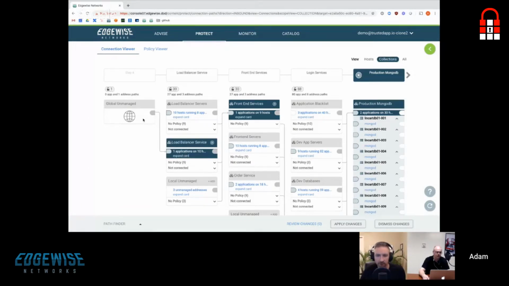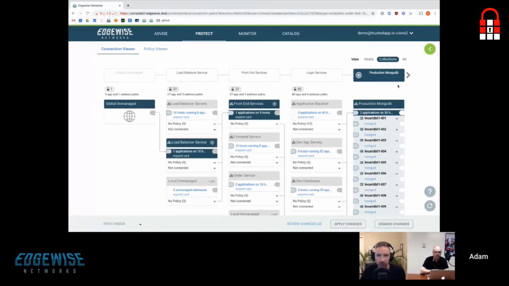So what I'm able to see here is an entire pathway of communication in terms of how my applications function to provide a service for my users. In this particular example, it's the globally unmanaged internet talking inbound to our load balancer services, talking to our front-end services, which are talking to the login services, which are then going to the database. So this is how users would log in to my e-commerce environment.